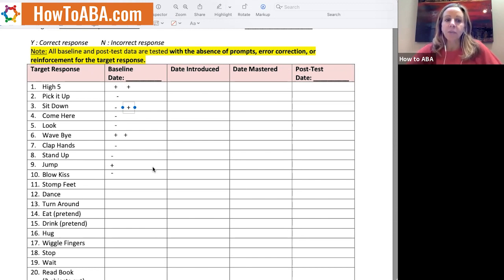Also, during baseline, it's really important not to reinforce for particular skills. So if I'm testing one-step instructions, I'm not going to be reinforcing for those things. So if I say wave bye and the student waves bye, I'm not going to go, wow, that's great, you waved goodbye. Because I'm risking reinforcing that behavior, which is okay when you're teaching, but when you're baselining and you're just getting an idea for what the skill is like, you want to just really quickly say wave bye. If they can do it, you would just move on to something else. If they can't do it, again, you're not correcting anything, you're just moving on to something else. So again, during baseline, it's pretty important